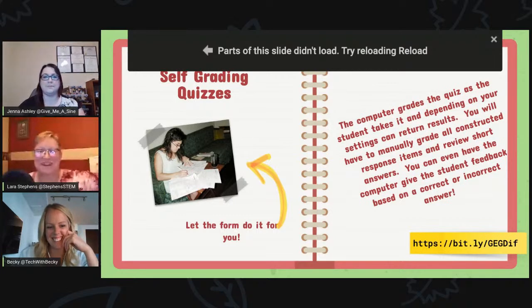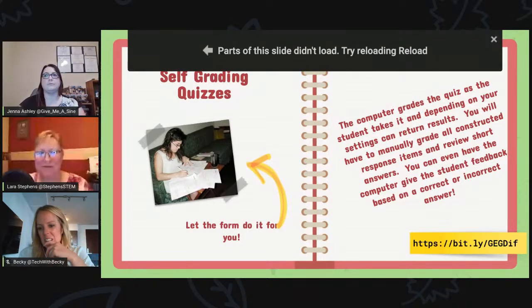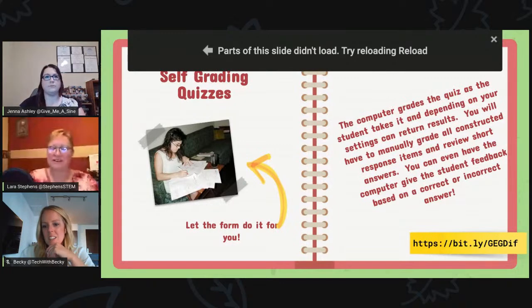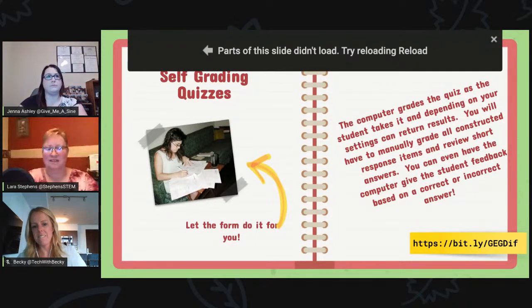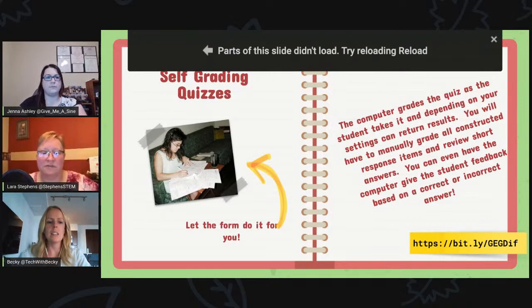To do a self-grading quiz, it's easy. You just open up a form. You put in any question that you want. So if we ask what color is grass, and we give them the options of blue, green, red, or purple, all we have to do is